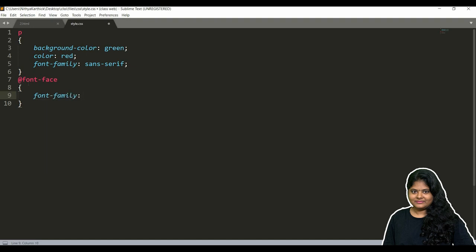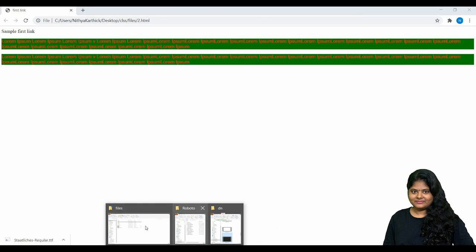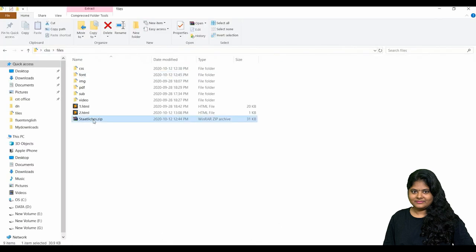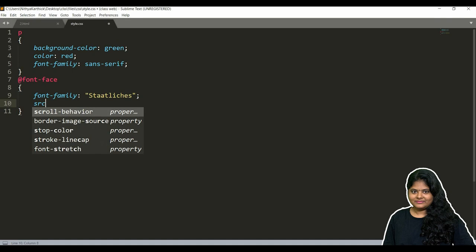So what's the font family which we have downloaded? Yes, it was here. This was the font family. Just copy it and paste it here and give a semicolon, and here you want to give src